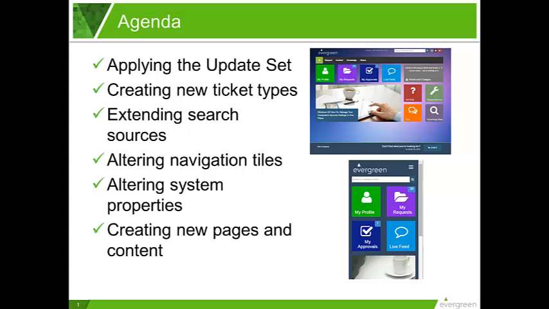Today we're going to look at how you can perform some of the common configuration adjustments to our Metro style CMS solution. What we'll cover here will be the creation of new ticket types to be displayed on the status screen. We'll adjust some of the common properties. We'll also extend the search to include additional data sources within ServiceNow. We'll also cover the navigation tile and alteration of those tiles, as well as we'll create new pages from a